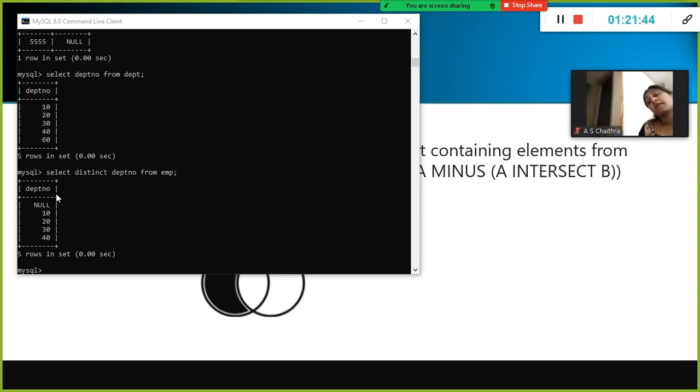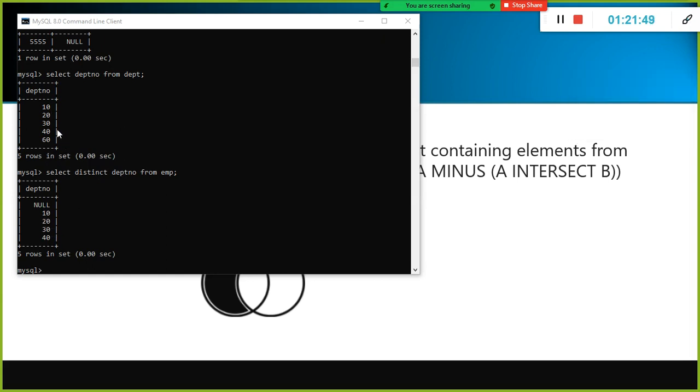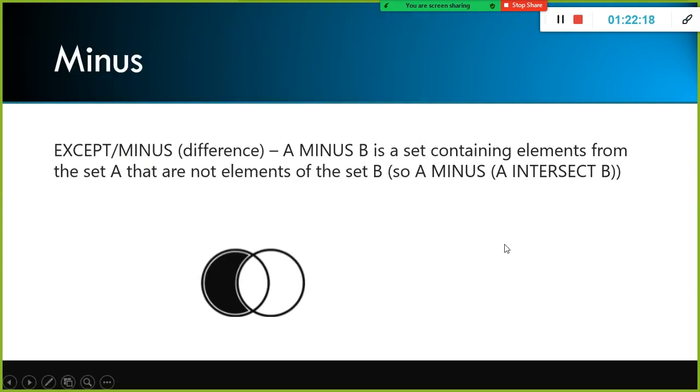In this one, whatever value is there here which is not there here. So 10, 20, 30, 40 is there, but null is not there here. But again, it should match, okay, because we are joining it. Don't say 60 is there here which is not there here. But we are doing the minus, A minus B, okay, A minus B, right? So 10, 20, 30 and null is not there. I want to display the employee whose department is not there here, okay. That is what I want to select, A minus B.